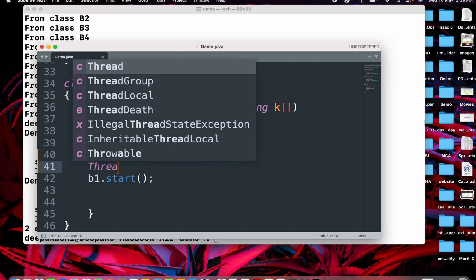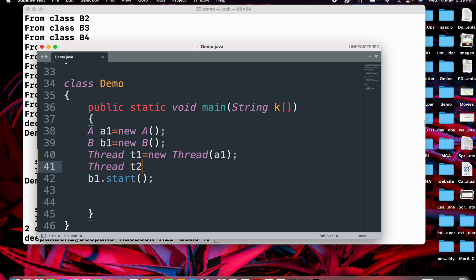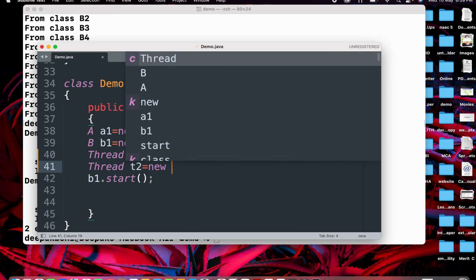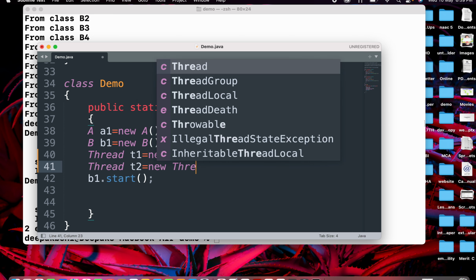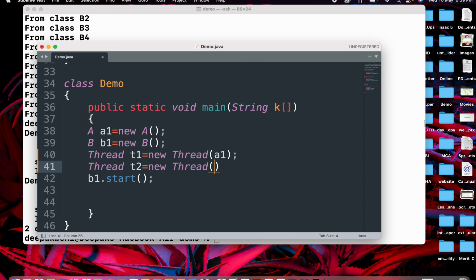Similarly, I am going to create a thread object T2 equals new Thread, and here I am going to wrap B1. Now A1 and B1 are both wrapped inside Thread objects T1 and T2, and T1 and T2 are capable of calling the start method because the start method resides inside the Thread class.